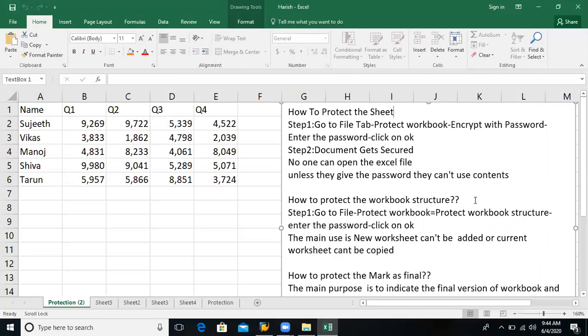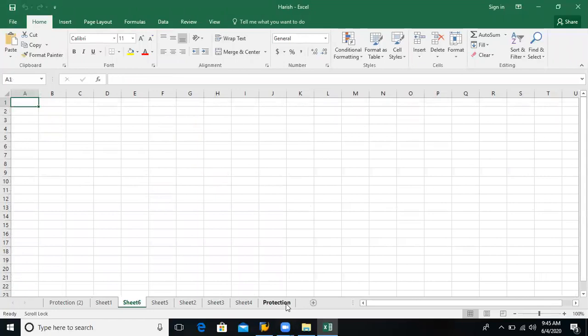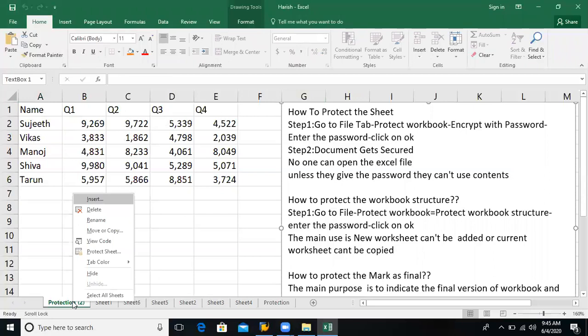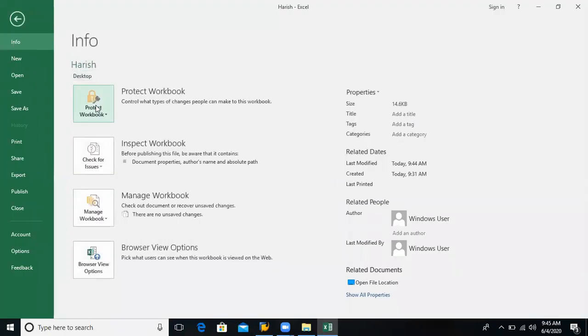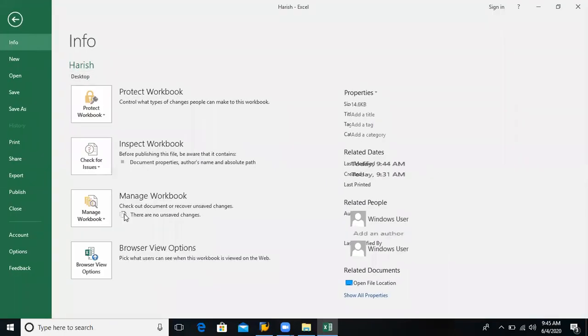Protect the workbook structure is nothing but to stop adding a worksheet here. The plus icon is used to add a worksheet, or else to move or copy, right click. You want to move or copy. To protect this, file tab, protect workbook, protect workbook structure.